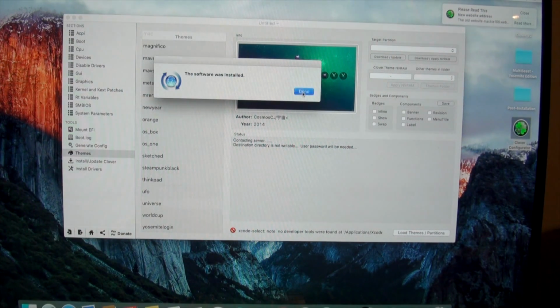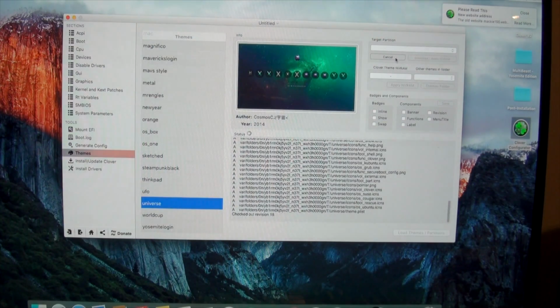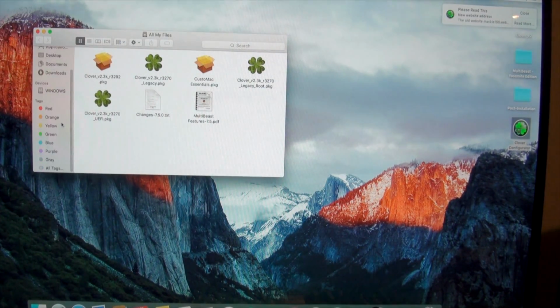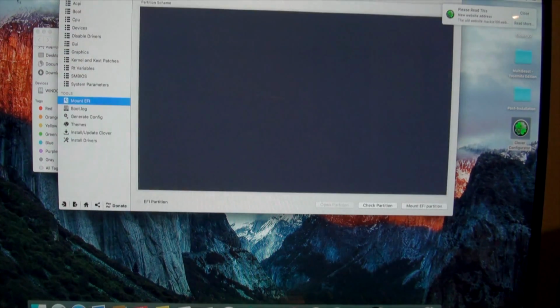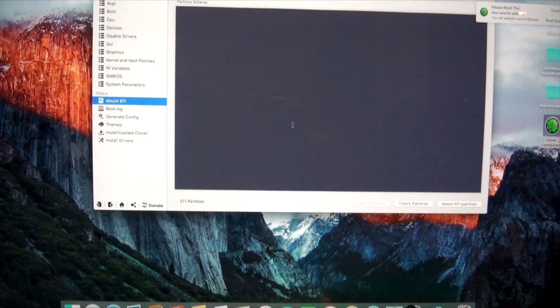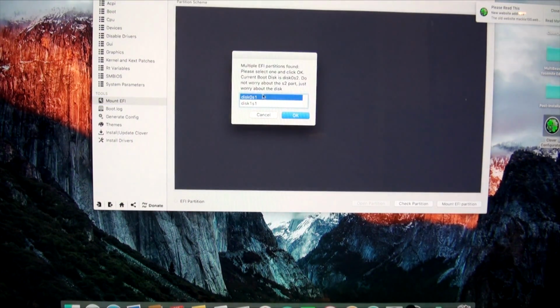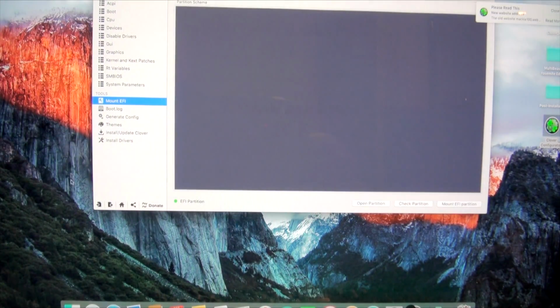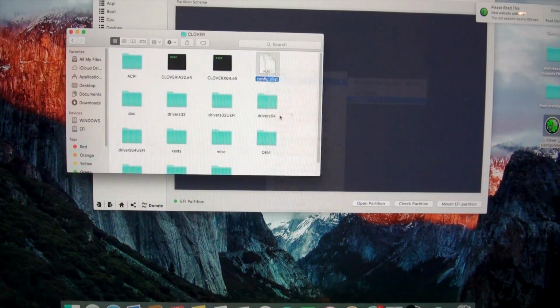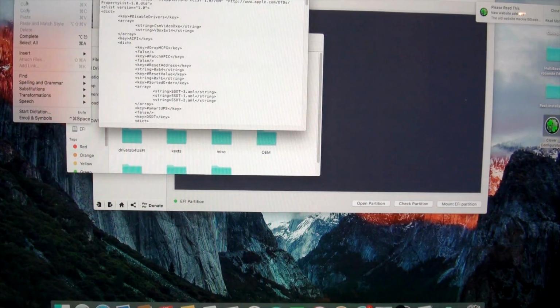Okay, once the software is installed, you can simply press Done, Download/Update, wait for that to finish, give it your password, and then you can close that out. Open into your EFI under Finder. Oh yeah, you want to make sure you mount the EFI partition first. Okay, so what you want to do now is open up Clover Configurator, mount the EFI partition on disk OS1, which is the Macintosh. If you are only running Mac and not Windows, there should only be one. So press OK, then open Finder. You should find an EFI, open EFI, Clover, right click config.plist, open with other, scroll down, text edit, open, edit,